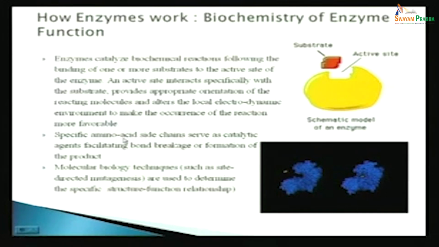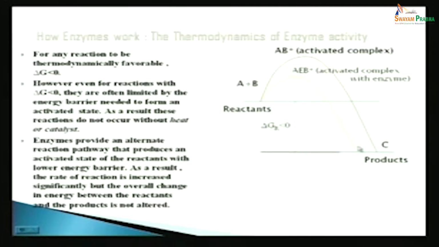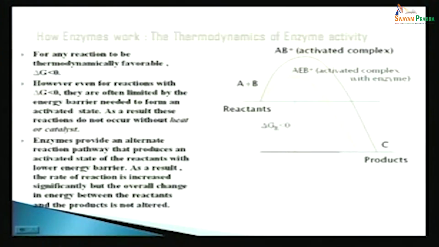And then these are specific amino acid side chains and catalytic agents, facilitating bond breakage and so on. And I showed you some pictures of that, and this is the thermodynamics of it. We went through that, and delta G has to be less than 0 for a reaction to be feasible. And the enzyme forms a complex which has a much lower threshold than A plus B, much lower than when A plus B is